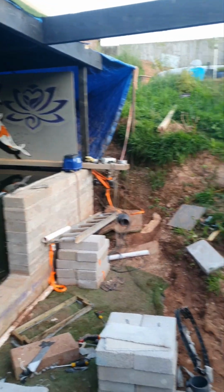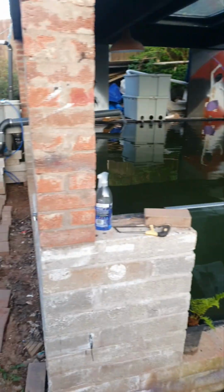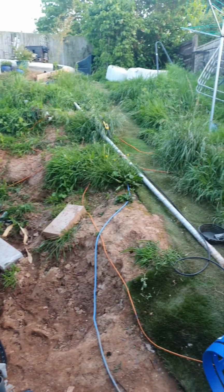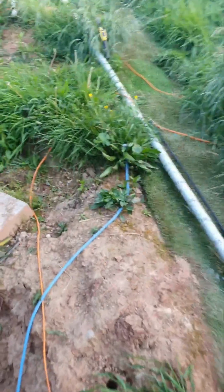We've got this hell of a slope on our garden, which has hindered us a little bit. Well, it's not really hindered us because we've still got it done. It's just the fact that we've had to work around it. So now it's a case of